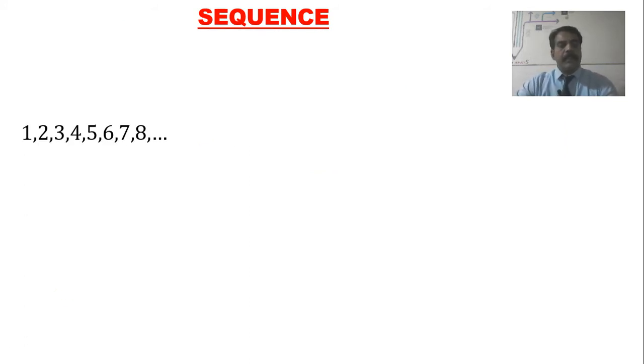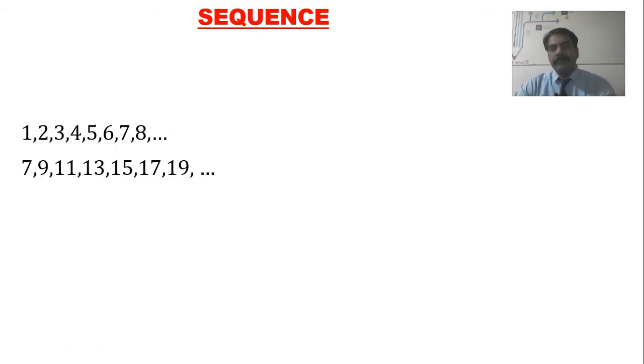Now let us see these numbers and try to find out whether a sequence is present or not, whether it is in sequence or not. So let us try to find the pattern in them. 1, 2, 3, 4, 5, 6, 7, 8, they all are natural numbers, and every successive number, if you can see, first number is 1, then second number is 2, then 3. So they are actually increasing by 1. There is a difference of 1 between them.